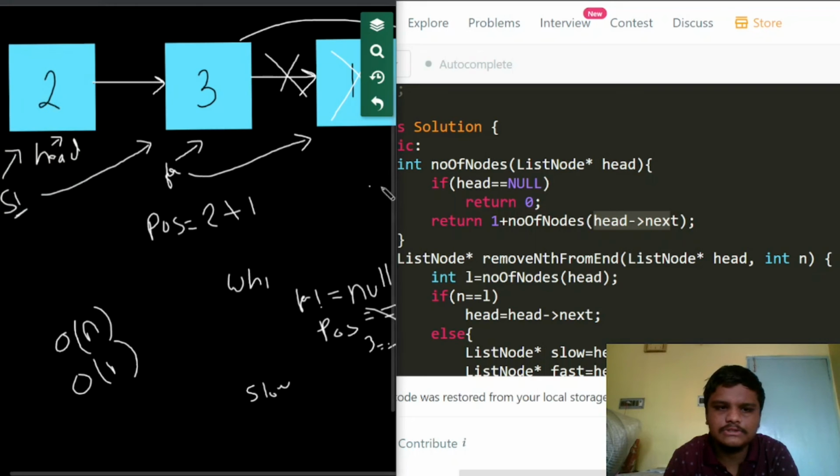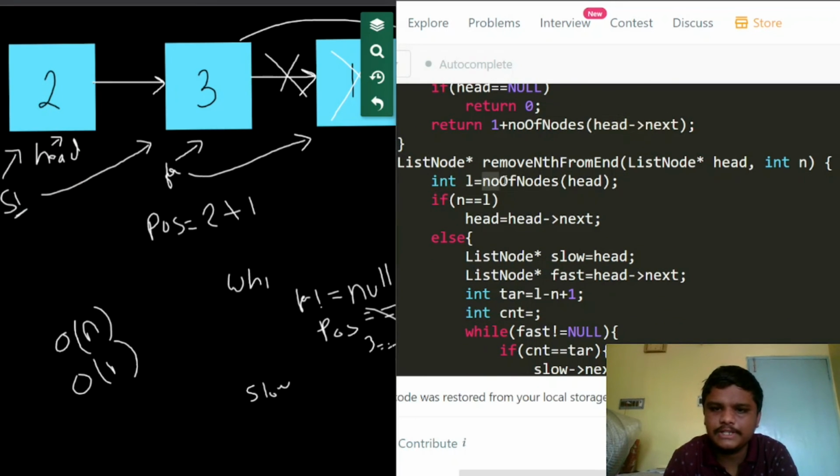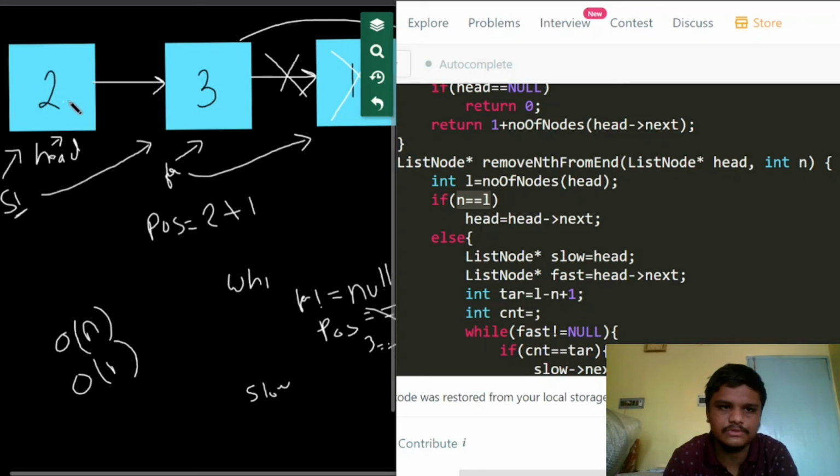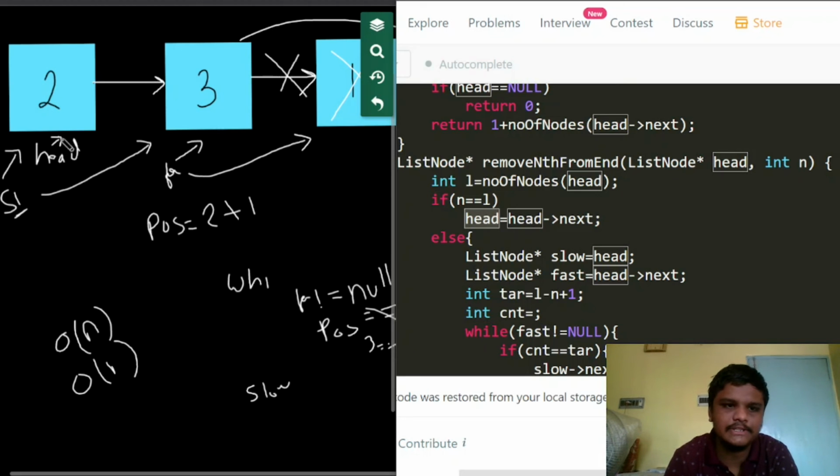Now after finding the length, we need to check whether our n is pointing towards the first node. If it is, we just need to update the head to head dot next, and then it is going to point to 3.